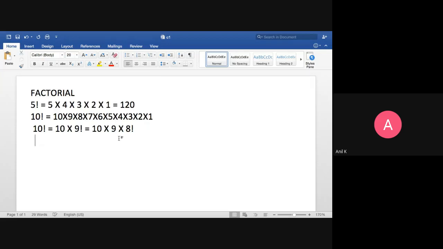So like this, if I go for n factorial, if I want to generalize the formula as n factorial, it should be a small letter n. Capitalization, just a minute. Yeah, n factorial, if I want to put.